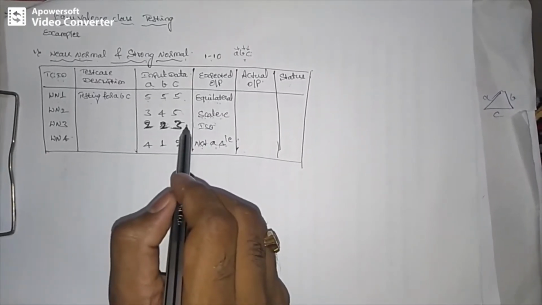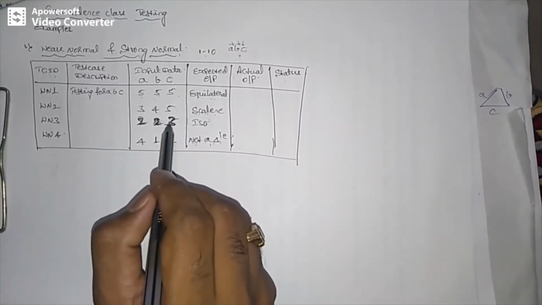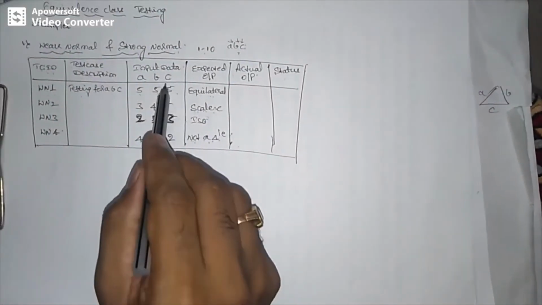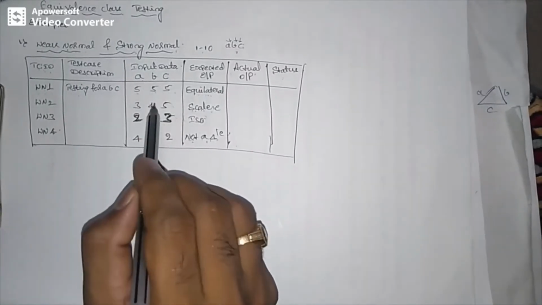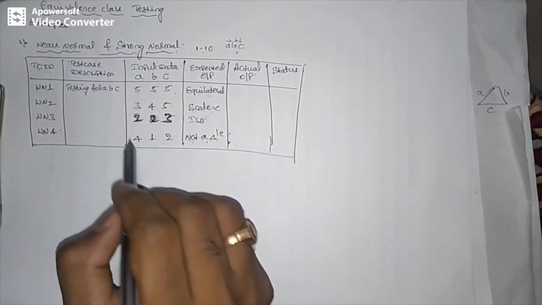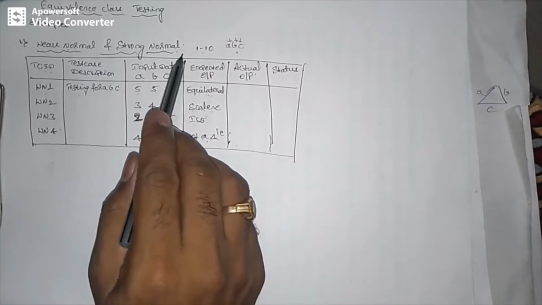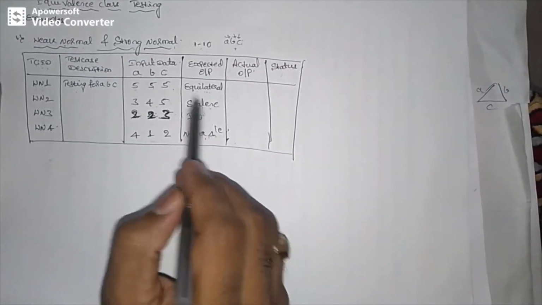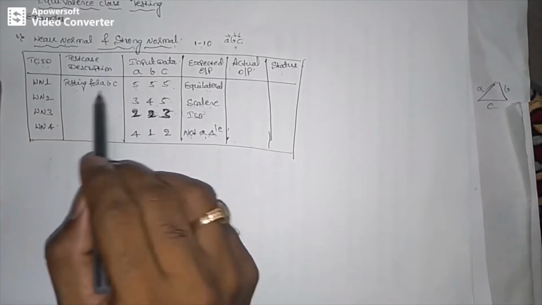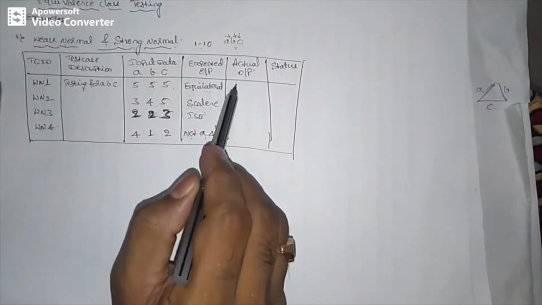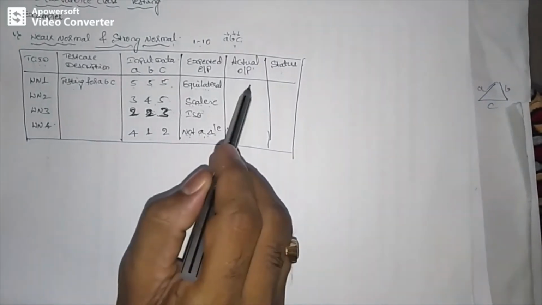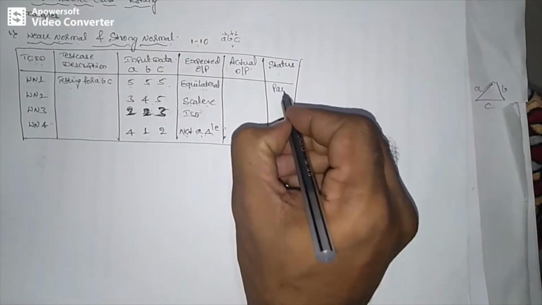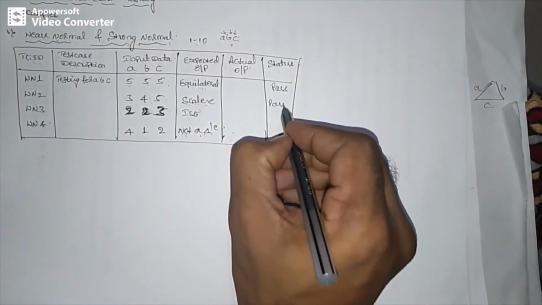Different sets of combinations you can specify, but our values should be valid input variables. All the values should be within the limit. Then only, you can see these are all valid input variables. When I specify valid input variables for a triangle problem, then these are the expected outcomes. You have to list them out first. Based on that, you need to specify the input, then write the description, and then cross verify whether you are getting a correct output result or not. Based on that, here we have to specify whether the test cases pass or fail.